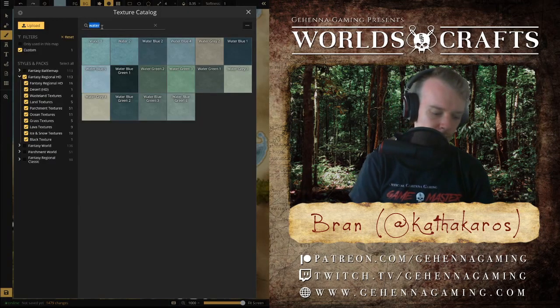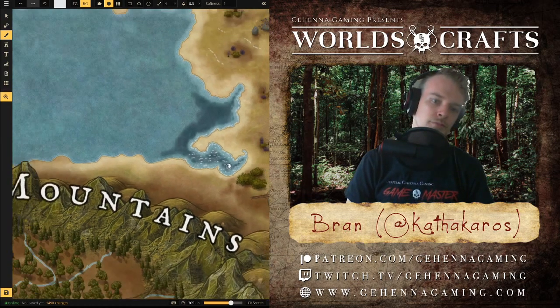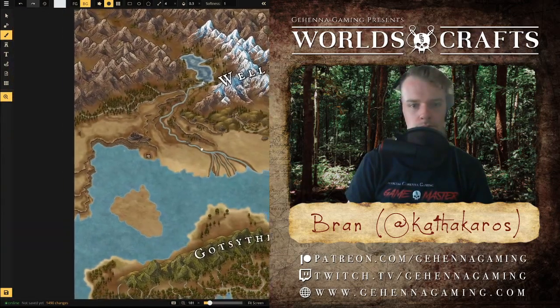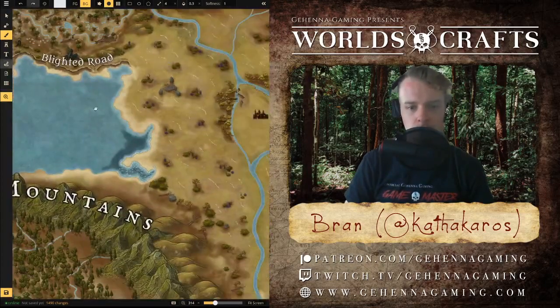I'll do the white ones. Because it's that implication of reflection still. Yeah, the white is better. Yeah, I think that's reasonably good. Probably a little too extreme. So what we can do is